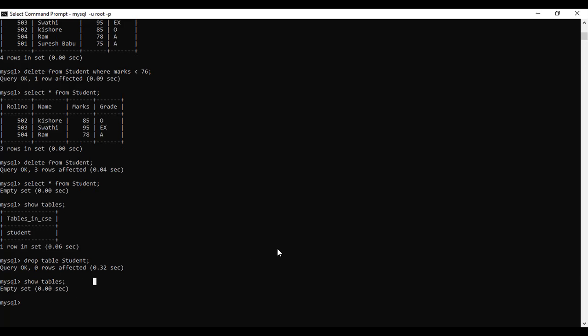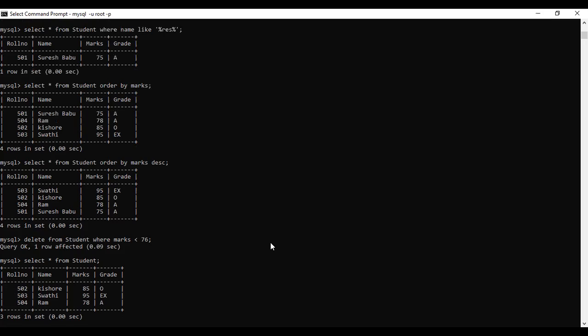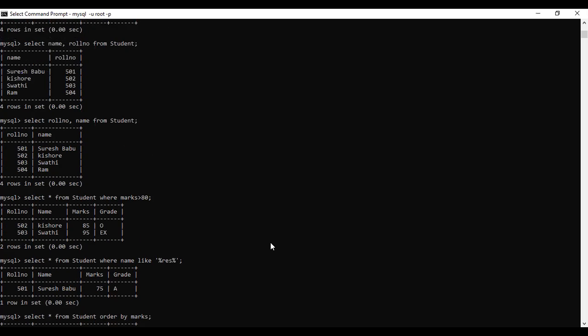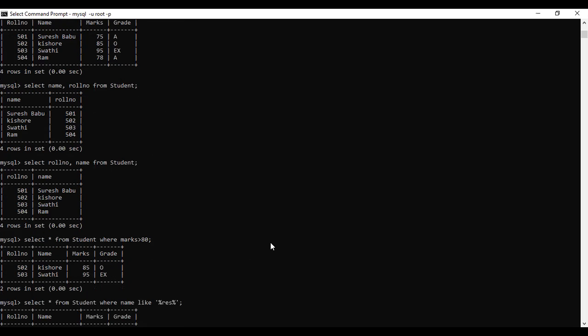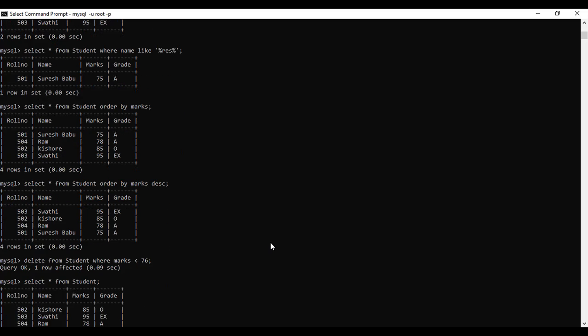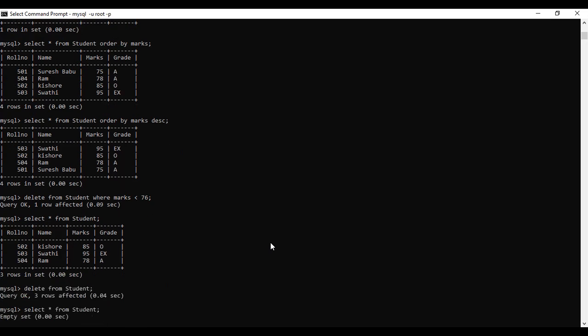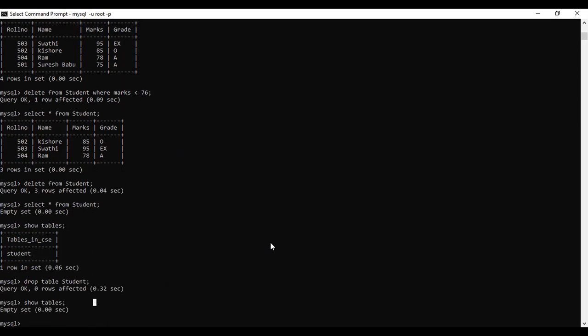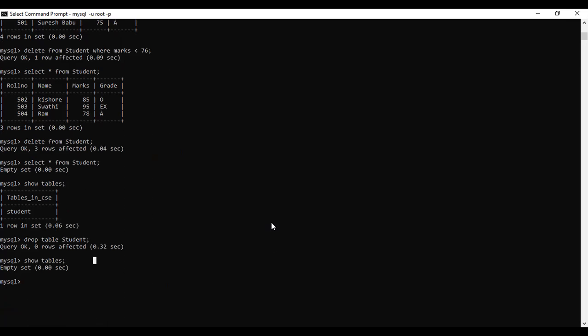These are the different types of basic statements of MySQL. I remind you of the way we can create tables, insert values into the table, update the tables, delete rows of a table based on the given where condition, and drop the table. And we can also organize and extract information from the table based on order by and the where condition, right? So everything is like that.